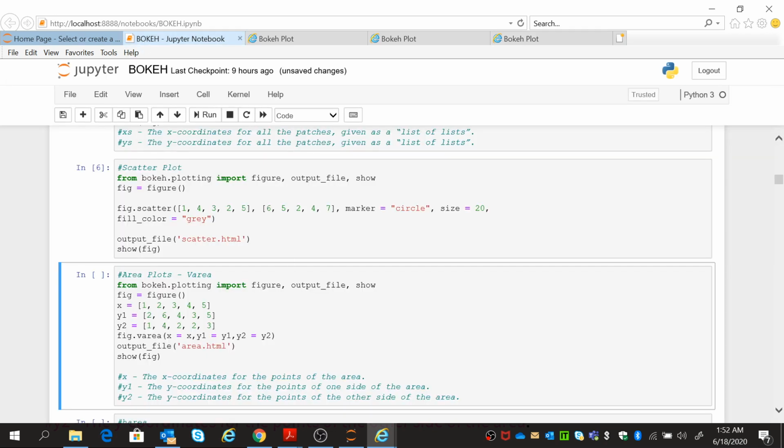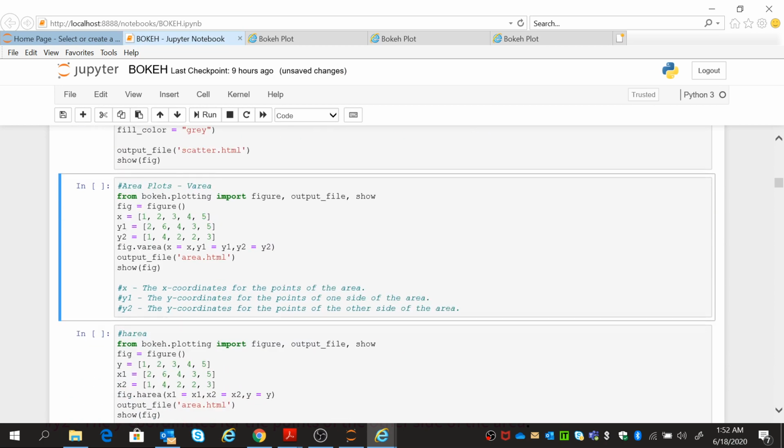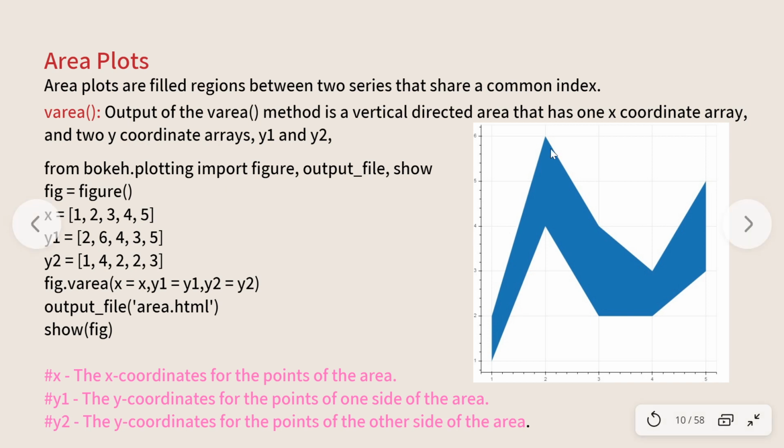All right, and that's the area plot which we were discussing. That if you want to showcase an area like this. Okay, so area plot, again, it can be a vertical area as well as a horizontal area plot. So if you are going for a vertical area plot, you have to define the v area function. Okay, this will give you a vertical area, meaning normal x and normal y axis.